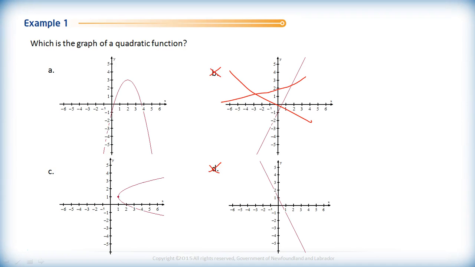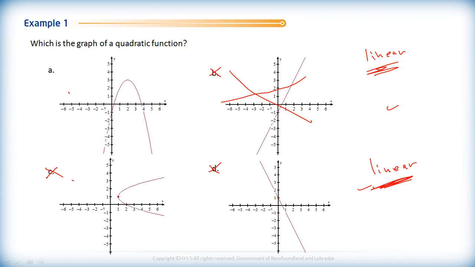And the reason is, those are straight lines, and you should recognize from grade 10 that when you have a straight line, both of these are linear functions. Okay, now we have to get to be a little bit subtle here, and this question might not be a perfect question because of the subtlety we're going to look at for A and C, but we'll see. So, which one of these things that we have here looks like the graph of a quadratic function? Well, they both kind of do, but one of them looks a little better than the other,